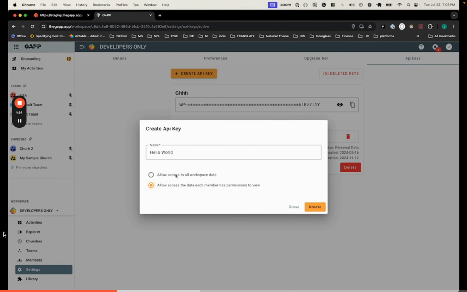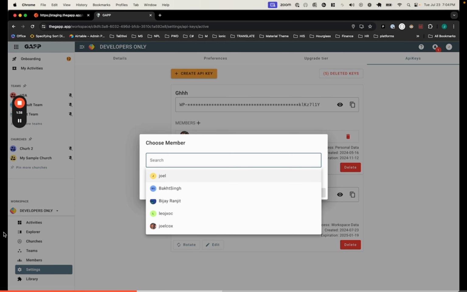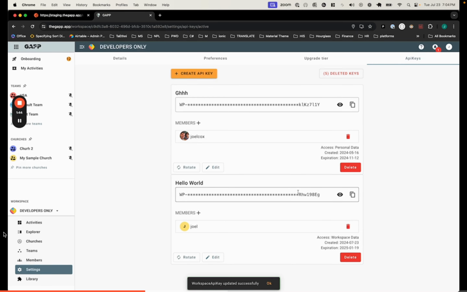In this case, I'm going to go ahead and turn all on. Now, this key, still nobody can use this key yet. You need to add the members who are developers to this key to be able to use it. These are only the developers in the workspace, so I'm going to choose Joel, which is the one that I just looked at. So there I am. I have access to this key now. So I'm going to go ahead and copy this key and hop over to